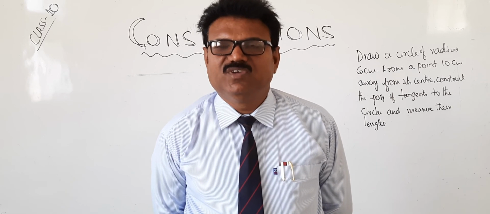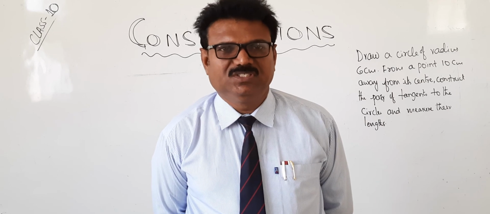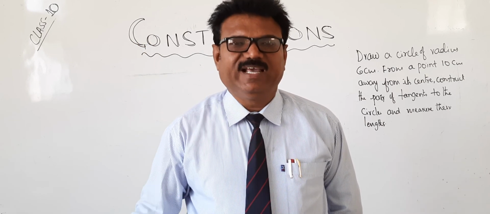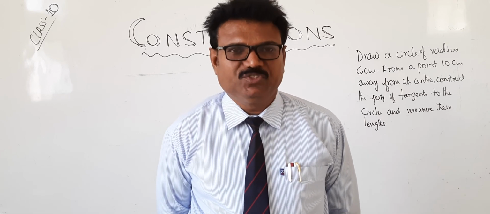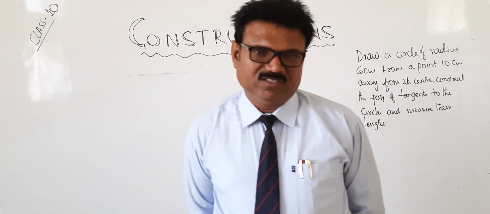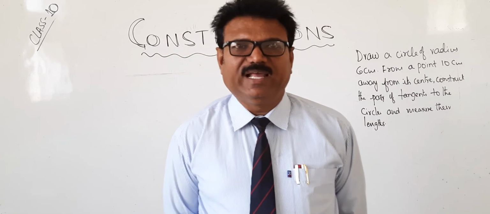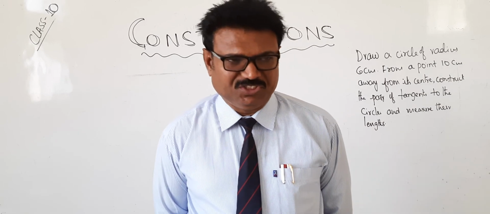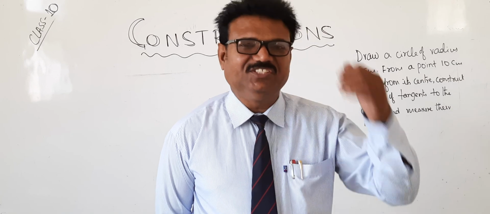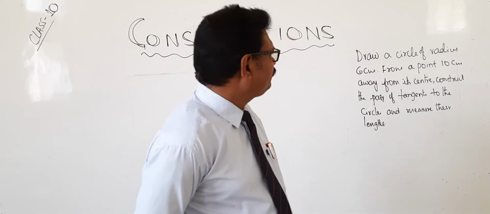So in the last class we have seen some of the problems in the constructions, that is dividing the line segment in the given ratio, and we have seen some of the similar triangles also. But similar triangles are not there for your syllabus this time, only line segments as well as tangents. Okay? So yesterday I told about how to draw the tangents. Okay, we'll start with the exercise today.